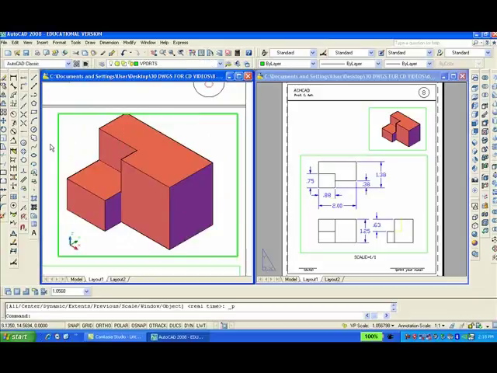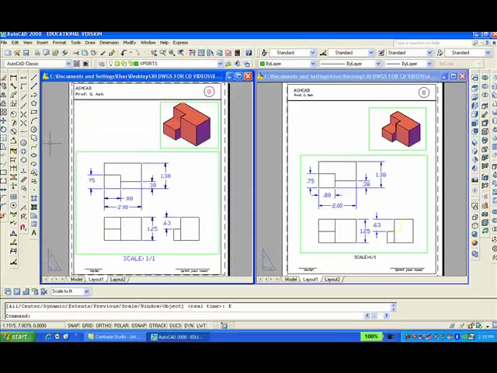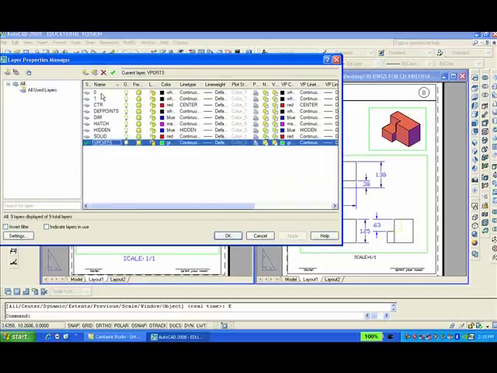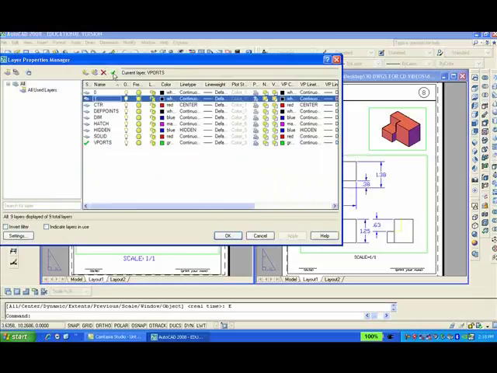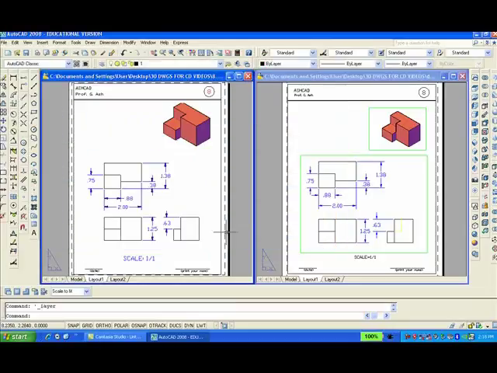Double click outside, Z enter, E enter, zoom extents. Click on the layer button, make layer 1 current, freeze the viewports layer. So this drawing,